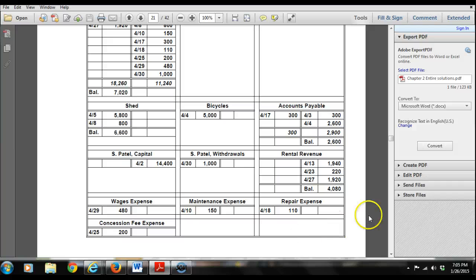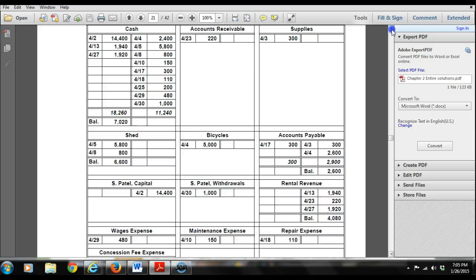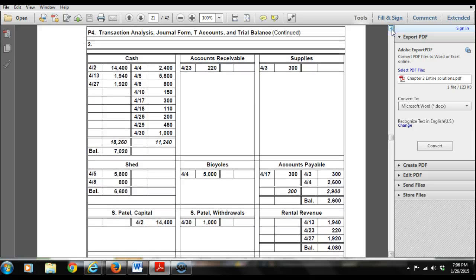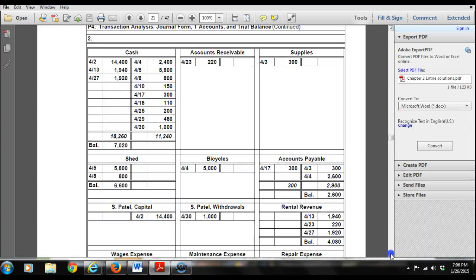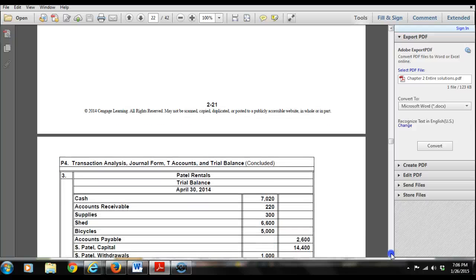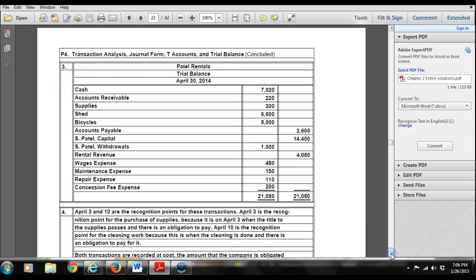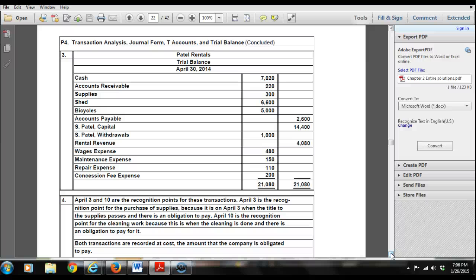So what we're basically going to do is take all of this information on the T accounts and we're going to create a report showing the trial balance. Remember, the trial balance is in a specific order. We start with our assets, the most liquid first, then we go to our liabilities, our owner's equity, our revenues, and then our expenses. So as you see here, this shows the Patel Rentals trial balance, and we list all